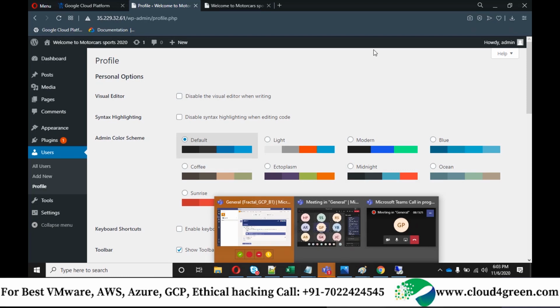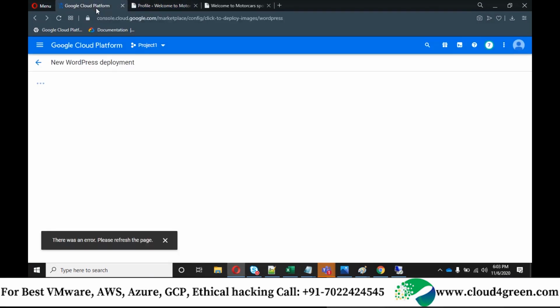So I have a problem in this network selection. While deploying, it's asking for network interfaces, and it's showing an error in the Fractal VPC. No, then you have used a different WordPress deployment. I've used the marketplace one, with the estimated cost of $13.61 per month.